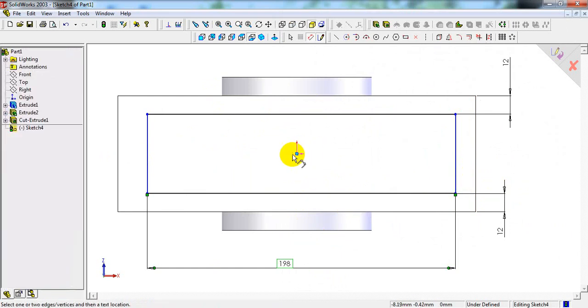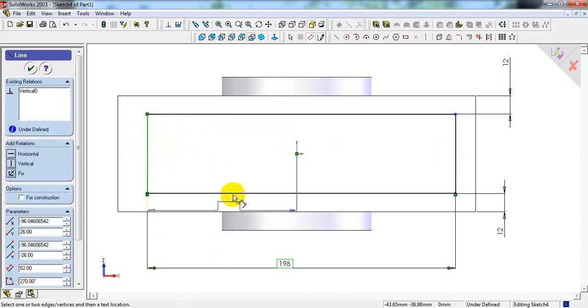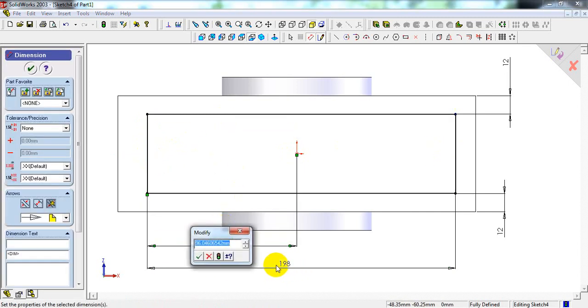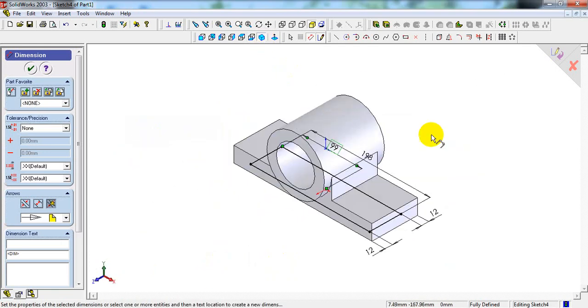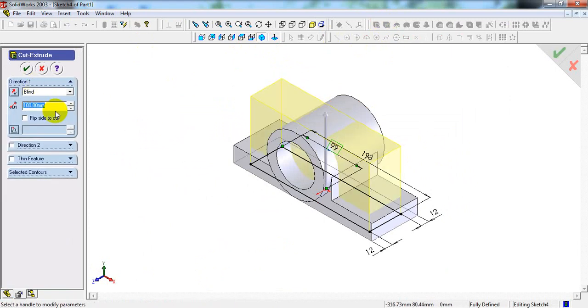Select origin point, left vertical line or right vertical line, make 198 divided by 2. Select isometric view, extruded cut, blind 3 mm.